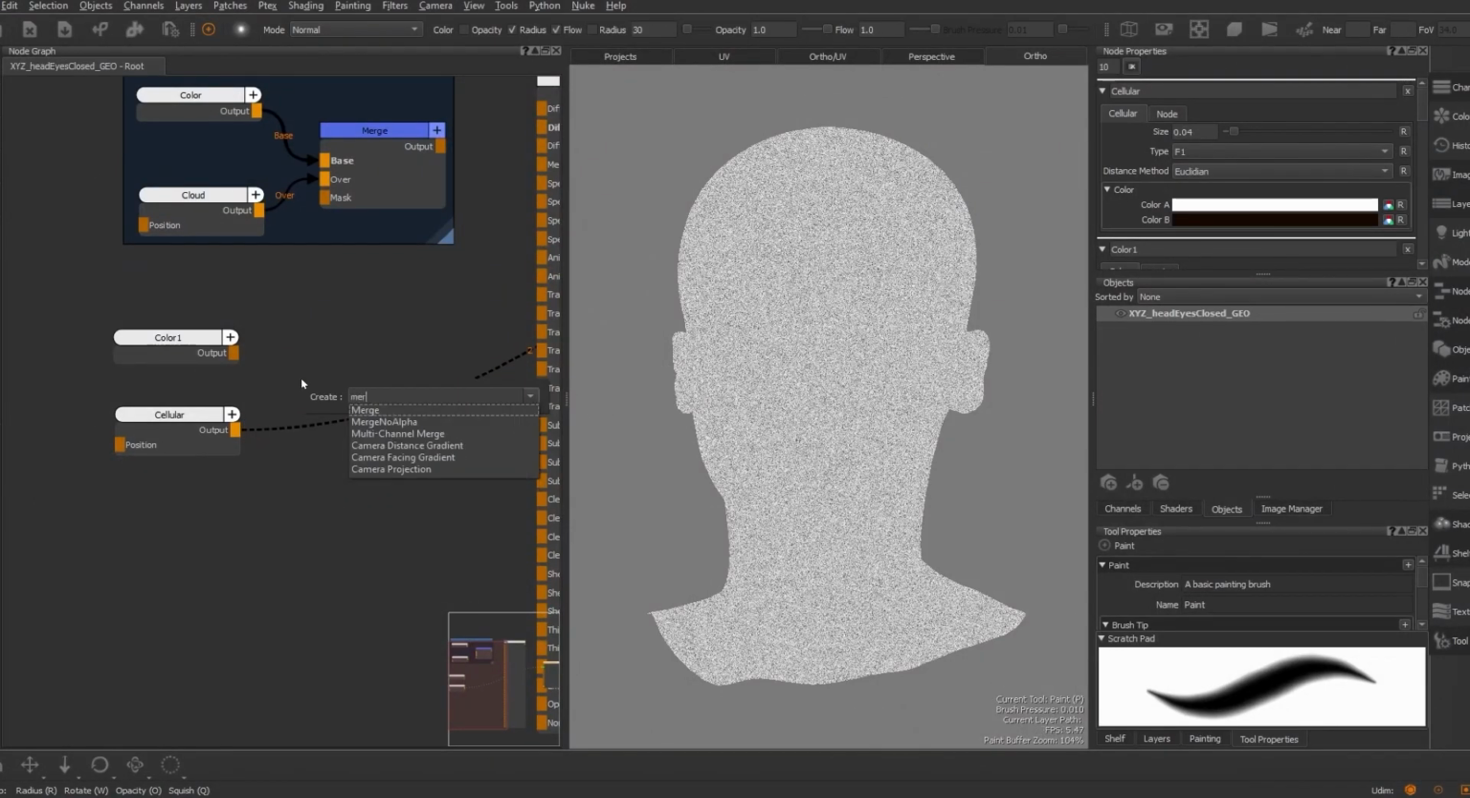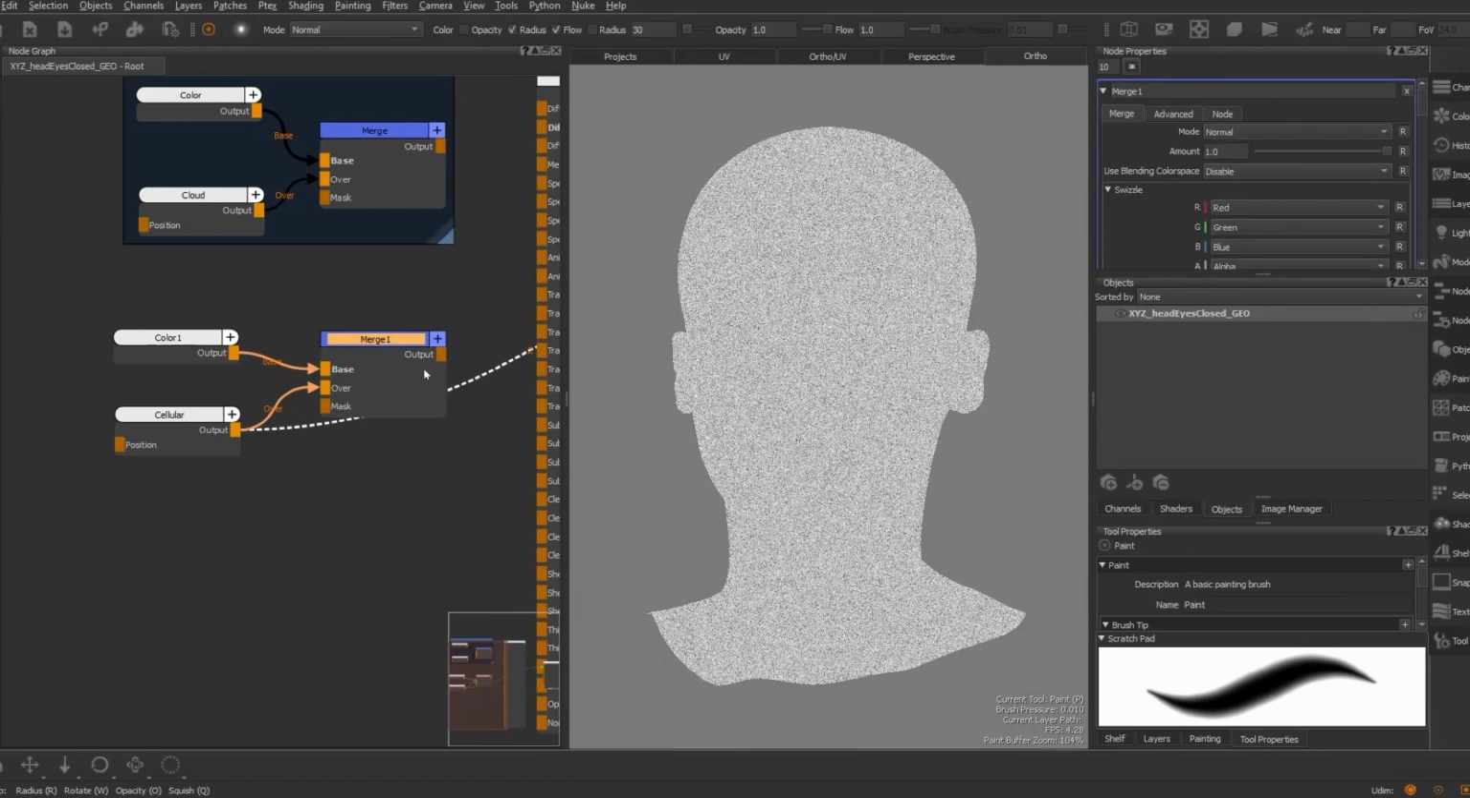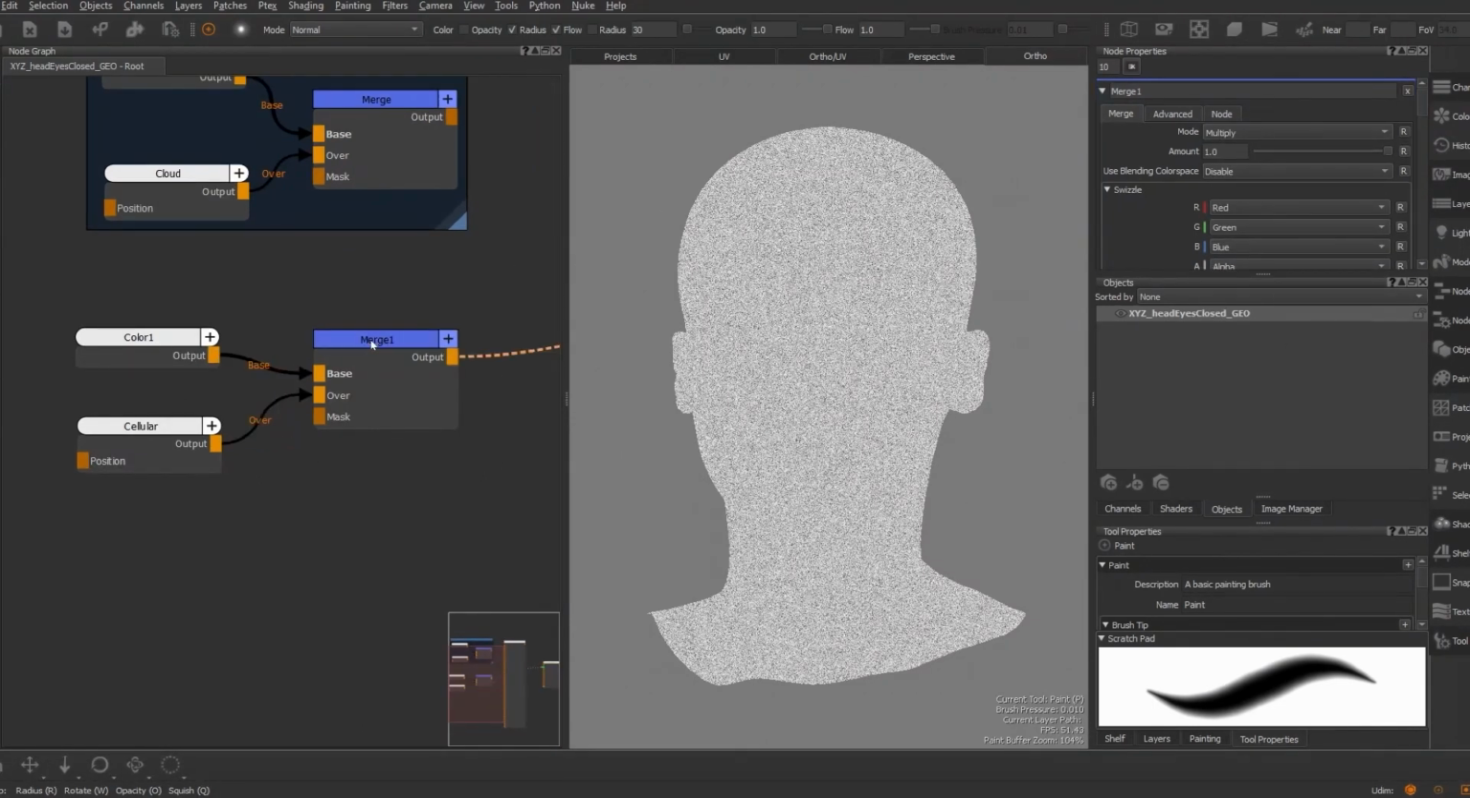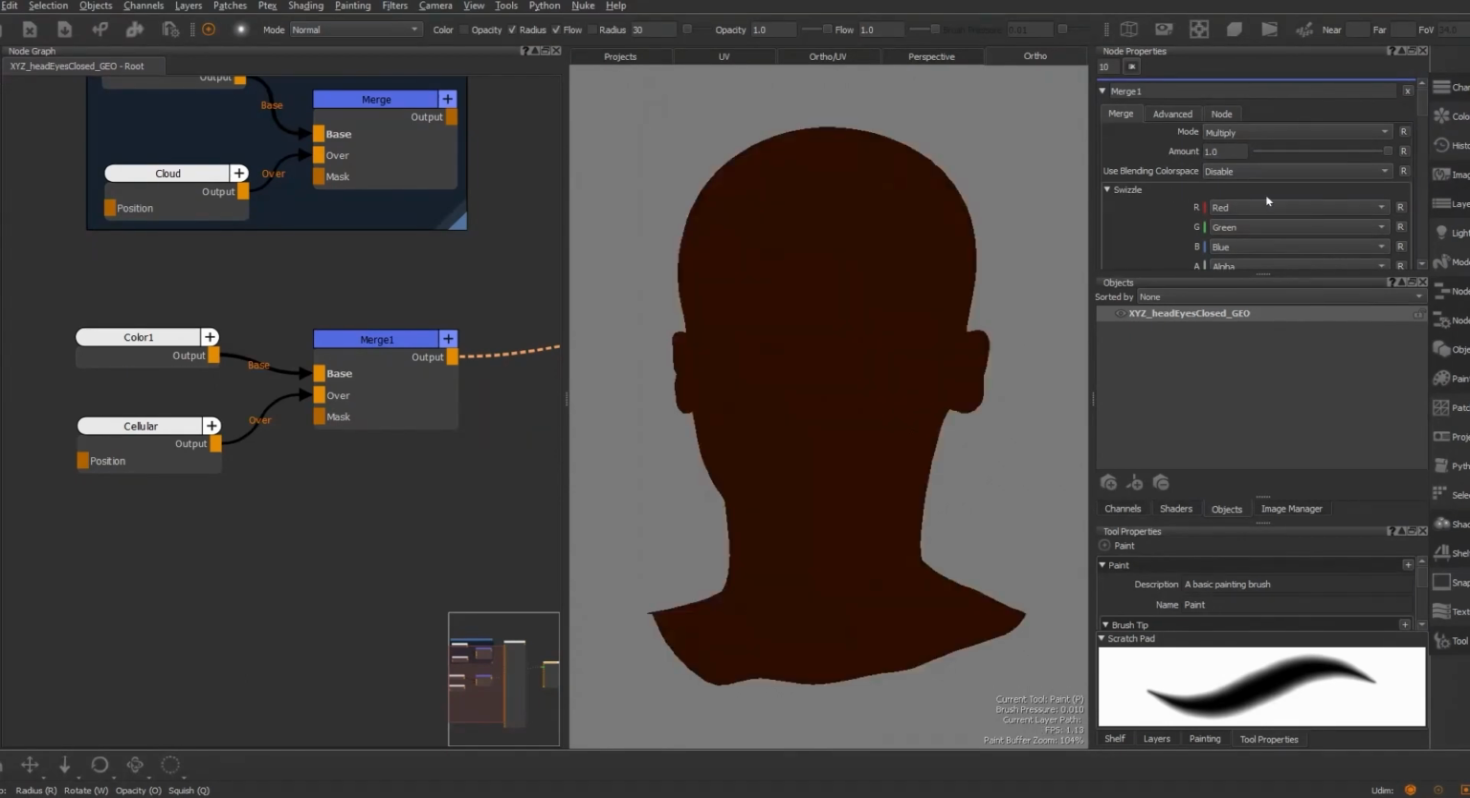I'm then going to hit tab on the keyboard and create a merge node. I'm then going to plug the color, the pigment, into the base and the cellular noise into the over. Inside of the node properties, I'm going to change the mode to multiply. With the merge node selected, I'm then going to hit 2 so I can see it in the viewer. And I'm going to turn the blend amount down to